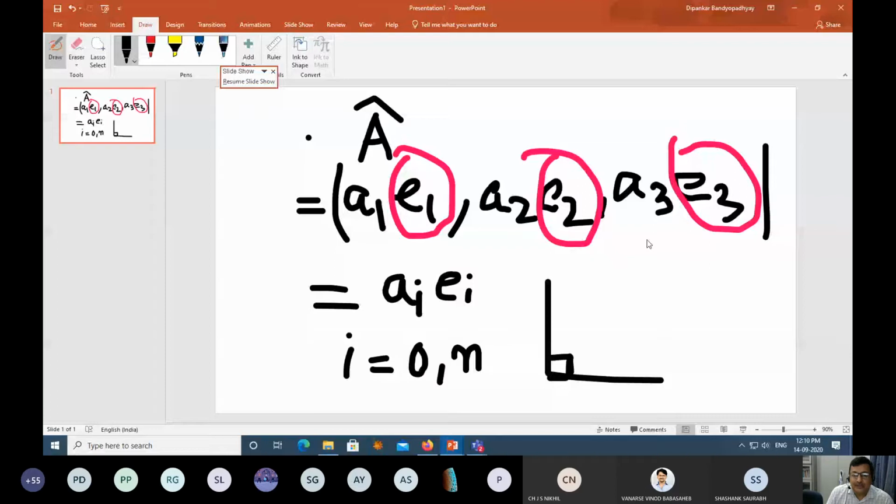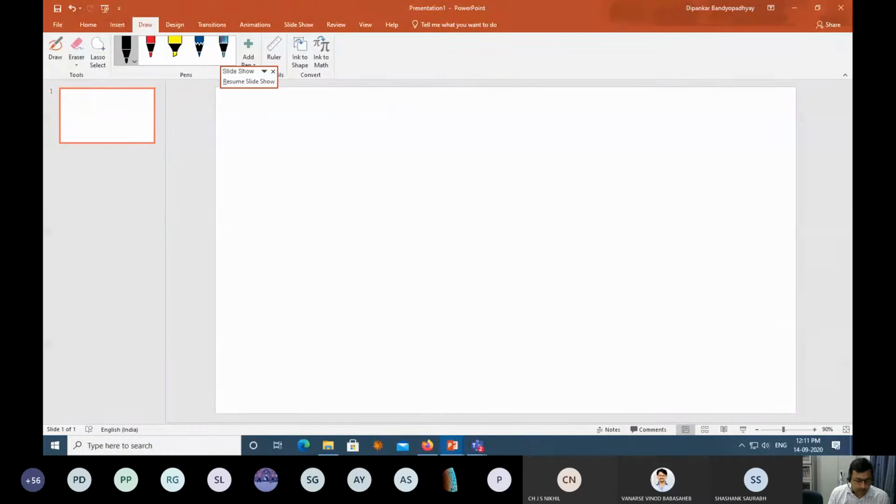So i can be up to n. Right now you are working in a three-dimensional space. Now, the moment you express a vector like this, it becomes an n-dimensional space. So your definition becomes more generic. You can really extend it. Now you can write a vector in a form like, suppose you start with what?